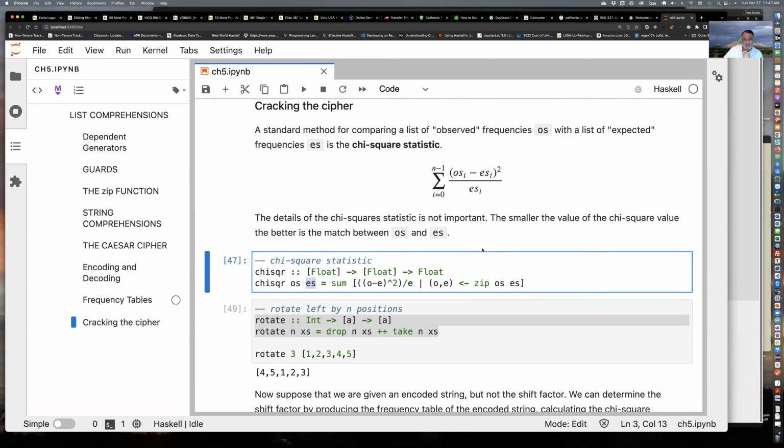We're going to do this many times for different shift factors, and then we will find the one which is the smallest, because the smallest is the one which is a better match. So this chi-square